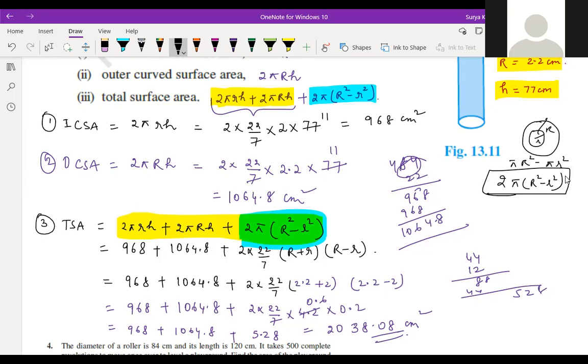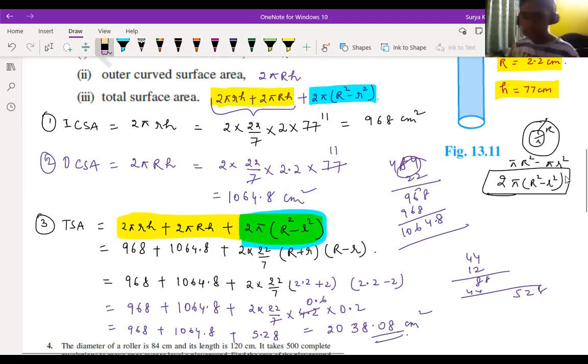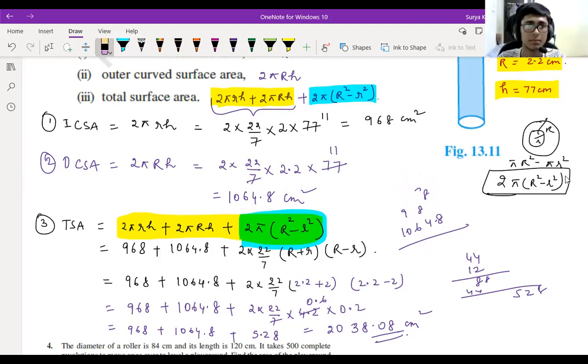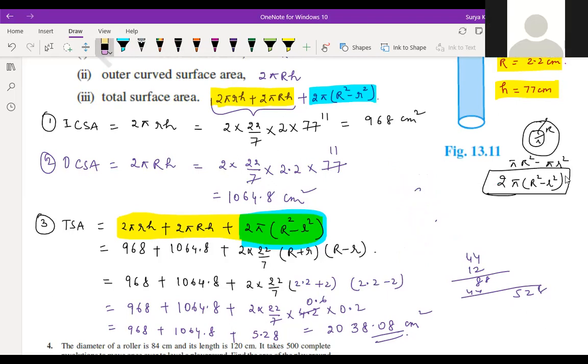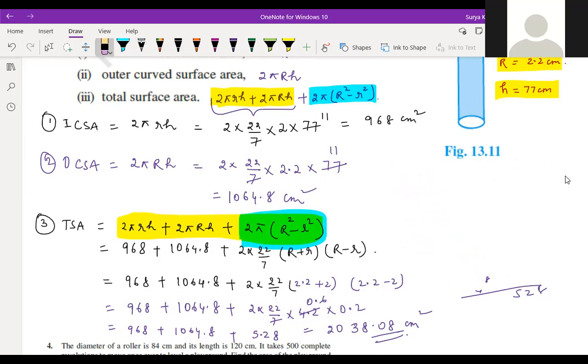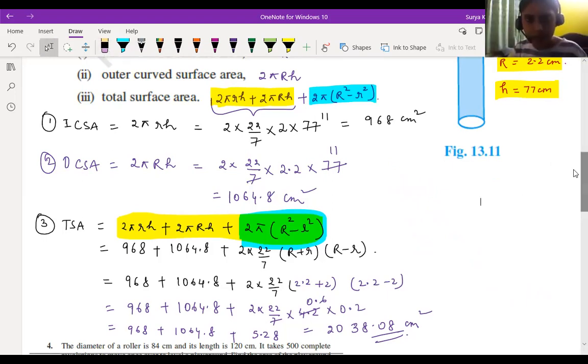Okay, sir. I understood. Still anyone having doubt, children? No, sir. Those who can write or can take the screenshot of it, you can take it if you want. So next question, we'll just move to the next question now. So next question, sir. Could you give me 1 minute? I'll write the last step. Right, fast.